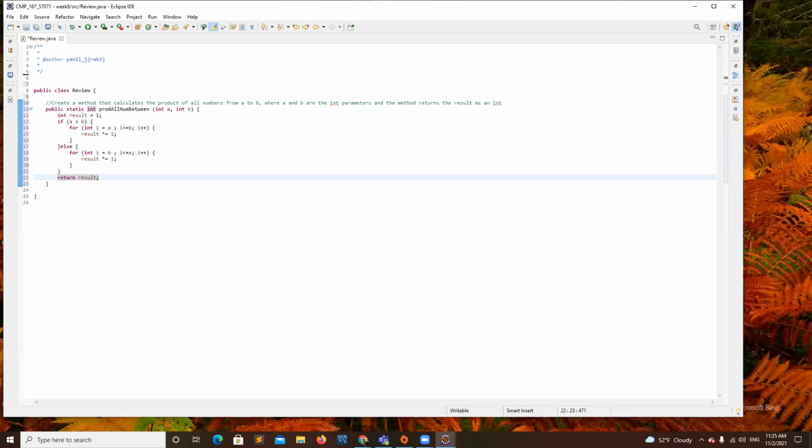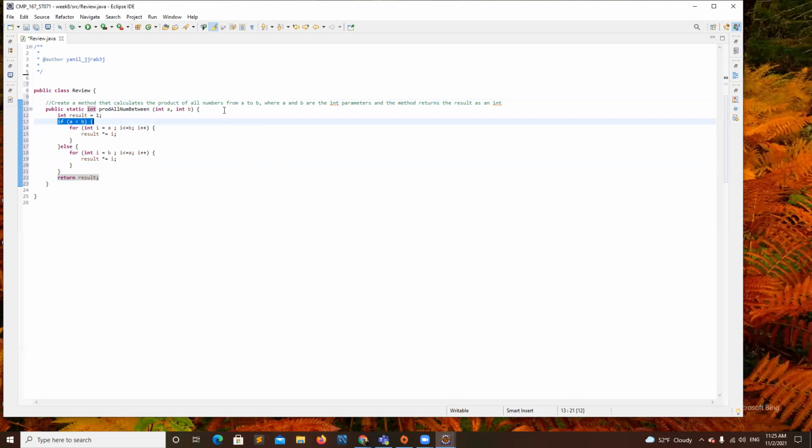Okay, this is good. But there was no reason for you to check from A to B here, because it was not requiring you to make sure that A was less than B. So here you could have assumed that A was less than B. It was just from A to B, so it was not necessary to do the if statement in here.